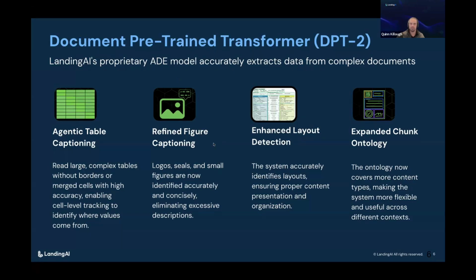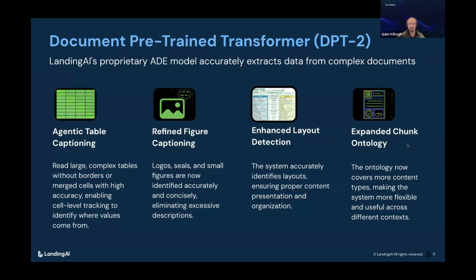It understands things like figures, think charts, diagrams, images, and is able to summarize those and provide key details that could be necessary for the information that you're trying to pull from this document. Layout detection, so it understands the flow and structure of a document like a person would as well. So it understands the reading order. It breaks down the document into its various chunks, and those chunks go into this next piece here, which is